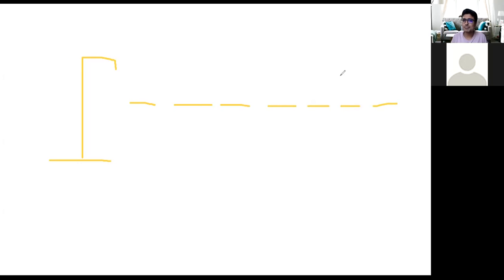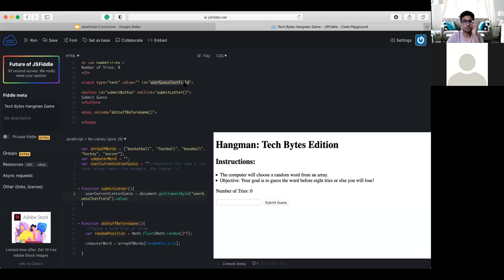Similarly, that's something which we should keep in mind: the code to display the right number of spaces would most likely go in that function which we're calling before our JavaScript is loaded, meaning in that onLoad function. Whatever we name that function, that is where we're going to be adding that type of logic. So open up our environment again. There we go. Using that mentality, I'm going to go back to our do stuff before game function.